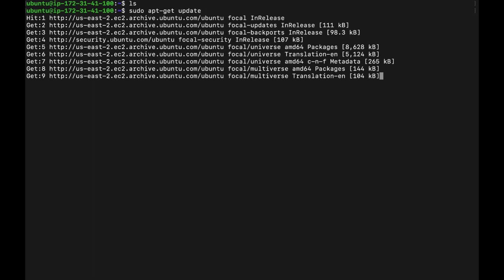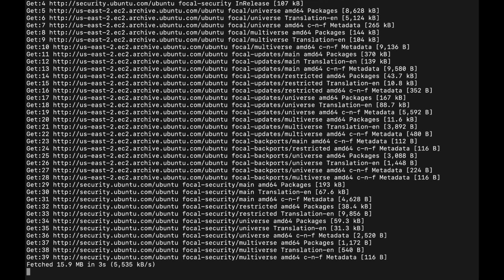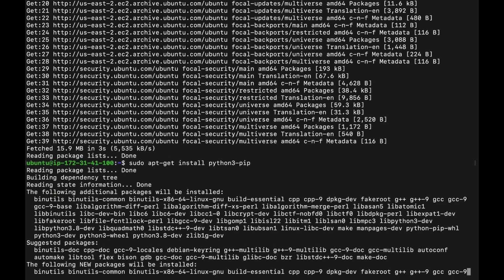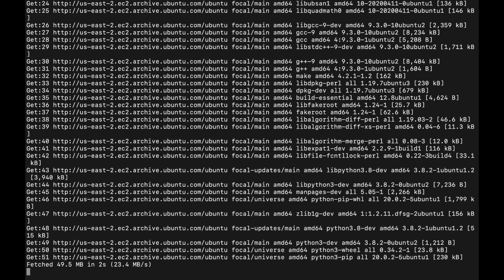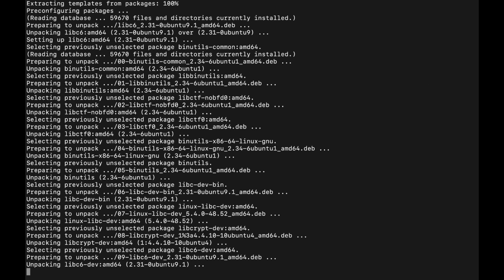So just updating the machine with the latest packages, and because we would be requiring pip, then we would be requiring Jupyter, so these things would be required before working with the extension. So using Python 3 pip, we will install Jupyter and then the extension.